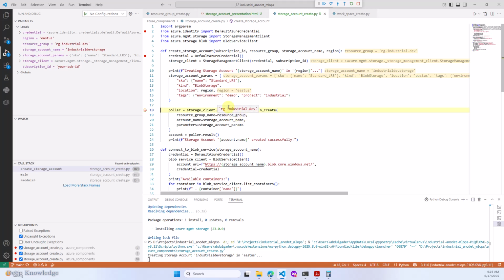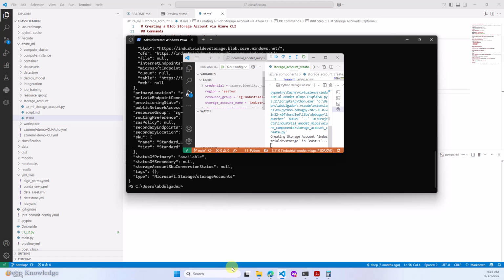The resource group is not here, I have to update it here. And also the account name, the storage account is industrial storage, and the parameters are standard global storage, etc. So maybe this one also needs to be updated, and the resource group,